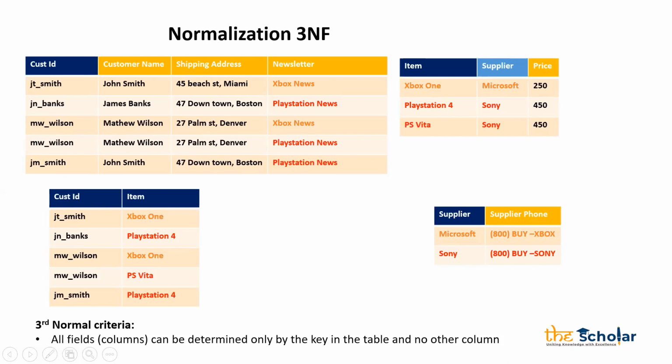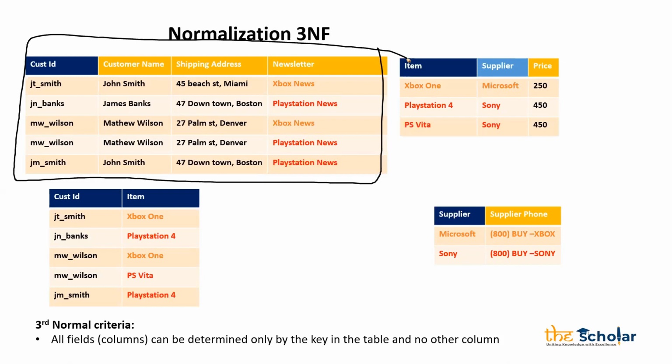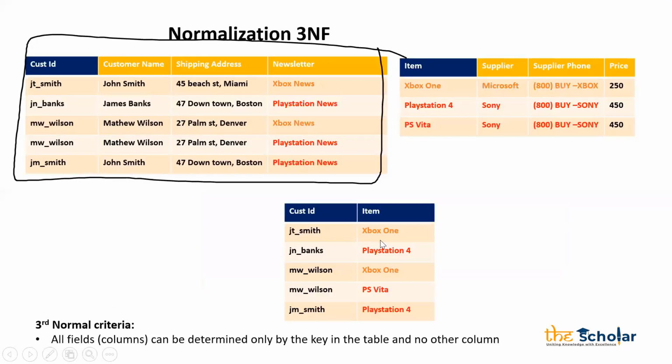Now from here, try to understand. This table is perfectly fine. I don't have to make any changes here. But the problem is, if you see the previous table, from the supplier, am I able to understand the supplier phone number also? Absolutely, right? So from the non-key also, I'm able to get the supplier name. Like from the supplier, I'm able to get the supplier phone number, which I don't want. That is my transitive dependency, which I want to remove.